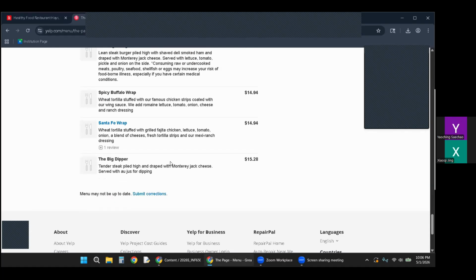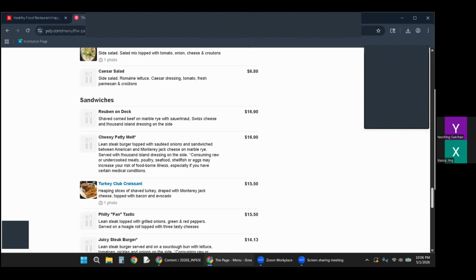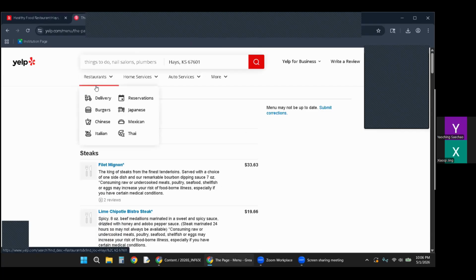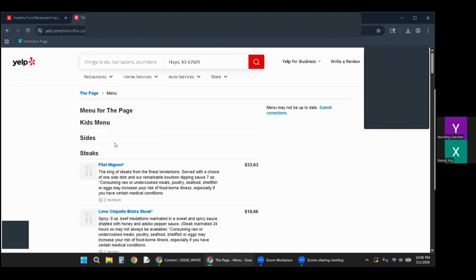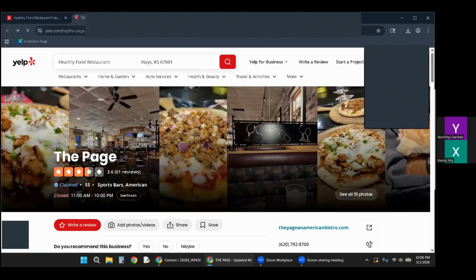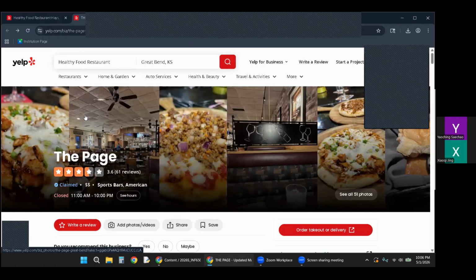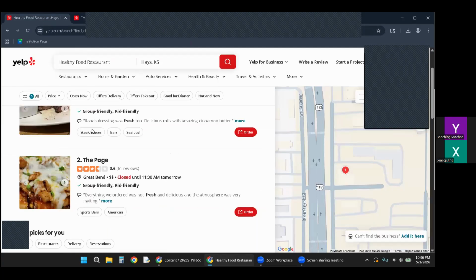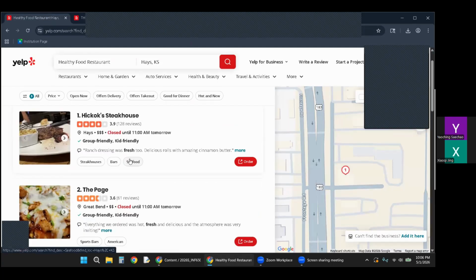The next one is, please compare at least two restaurants and choose the one that best fits the family's needs. Well, then this would be one of them. And unfortunately, with all the filters that we put in, the only other one that popped up was... I'm just trying to go back here. Oh, there it is. These are the only two that come up with group friendly, kid friendly. So it would be this other one here.